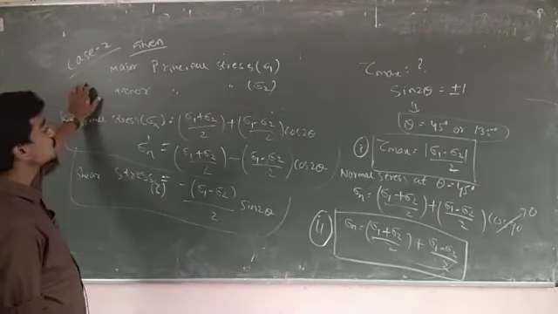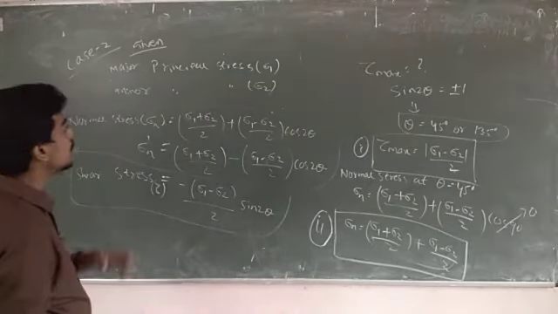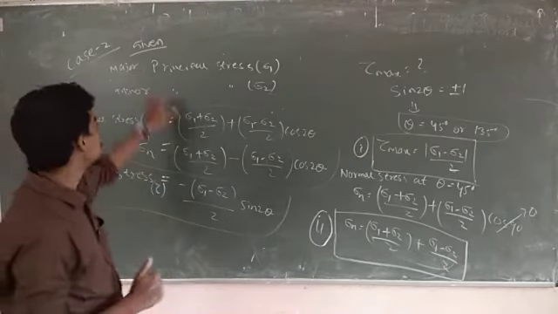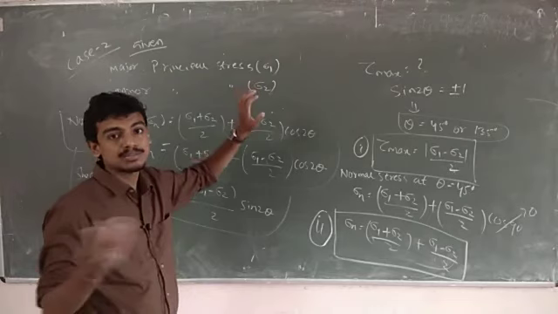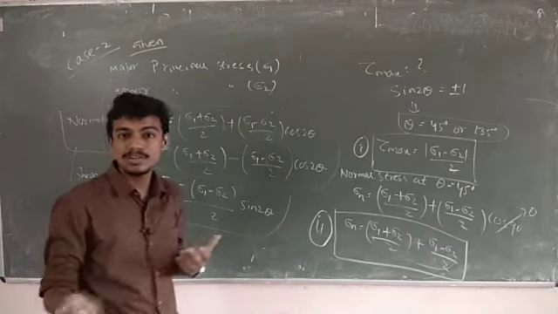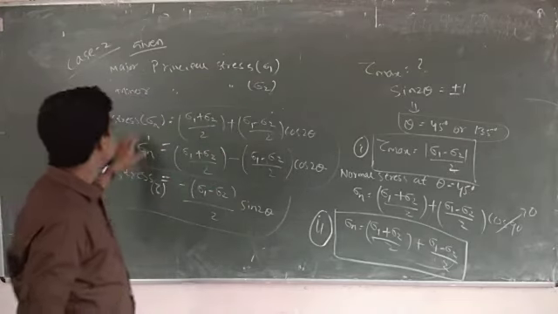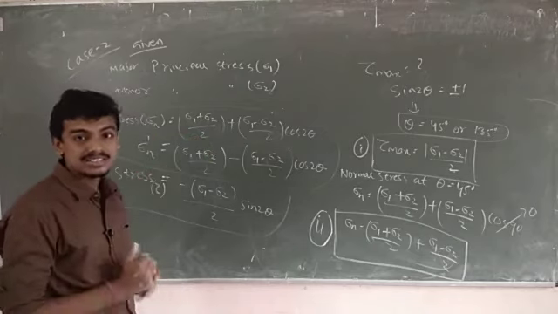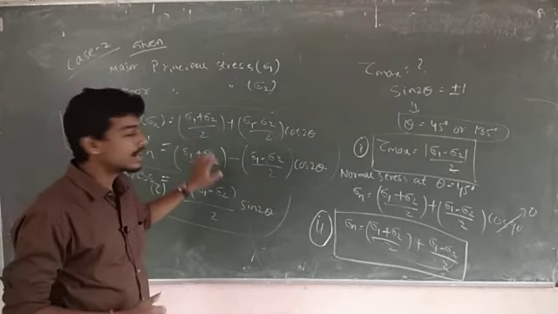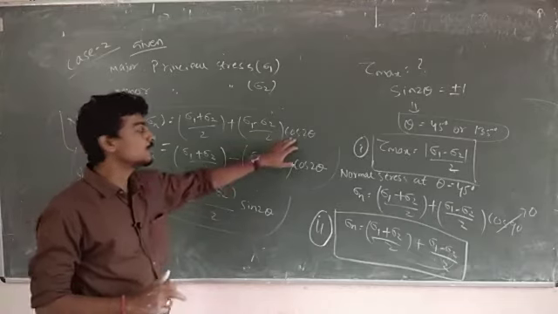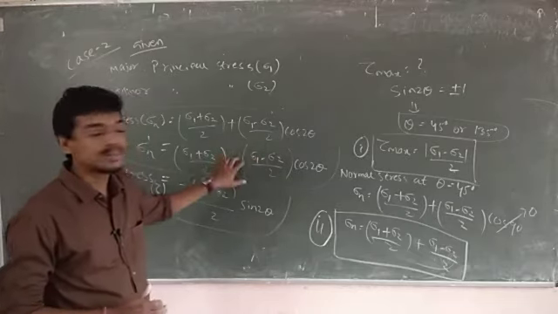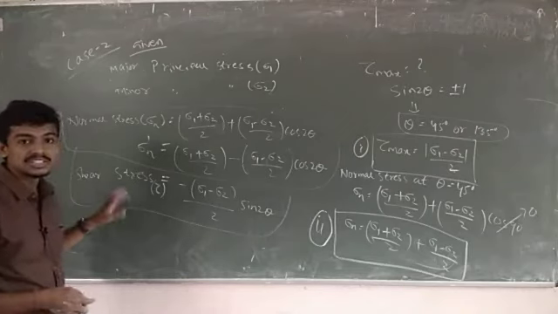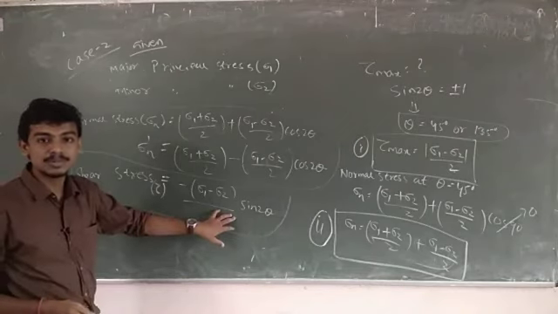In case 2, if the problem gives the principal stresses, the major principal stress sigma 1 and the minor principal stress sigma 2, with the maximum being major and the minor a lesser value, and you have to find the normal stress sigma n, it can be found using the formula. Theta, sigma 1 and sigma 2 will be given. Just put the values and get the answer. And shear stress can be found using this formula.